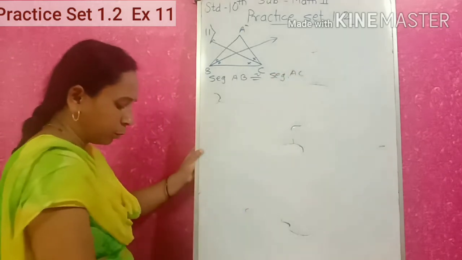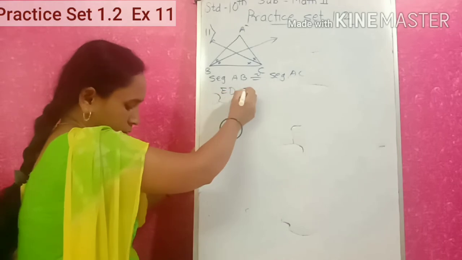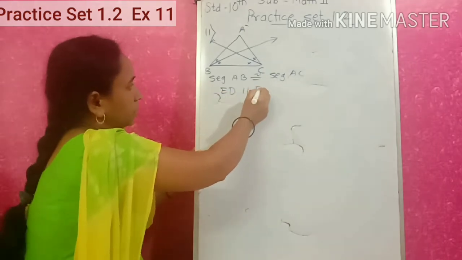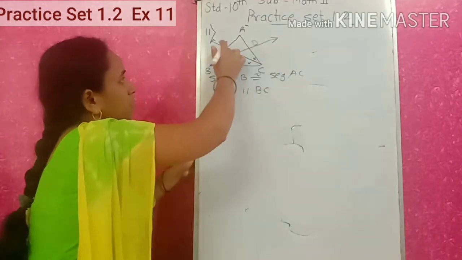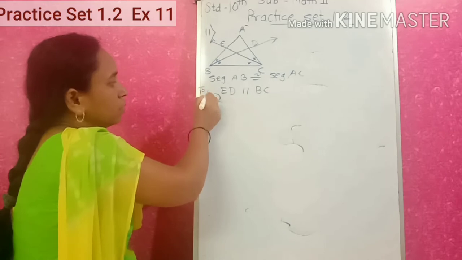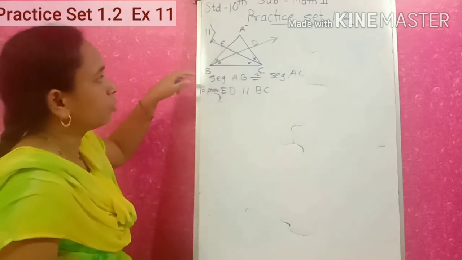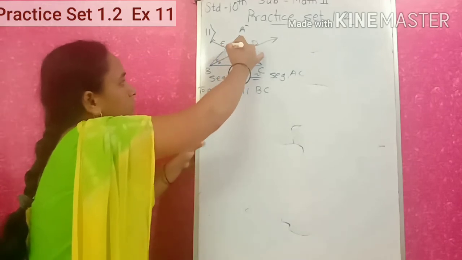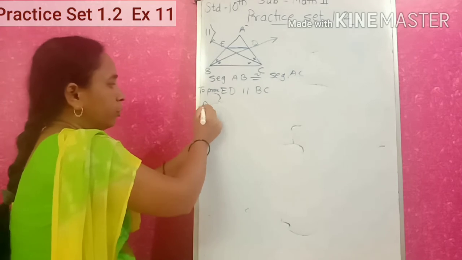What we have to prove? That we have to prove ED is parallel with BC. So here BD and here CE, and ED is parallel with BC. That I have to prove. That means I have to join this ED. So proof: